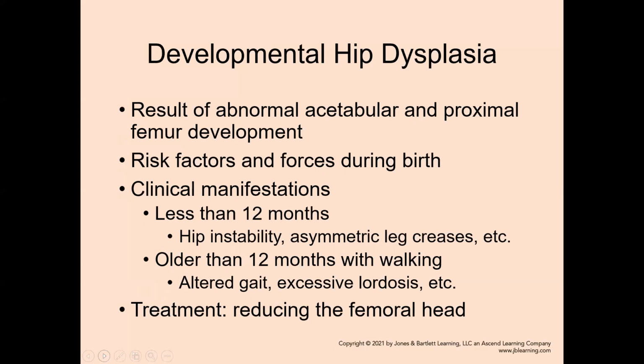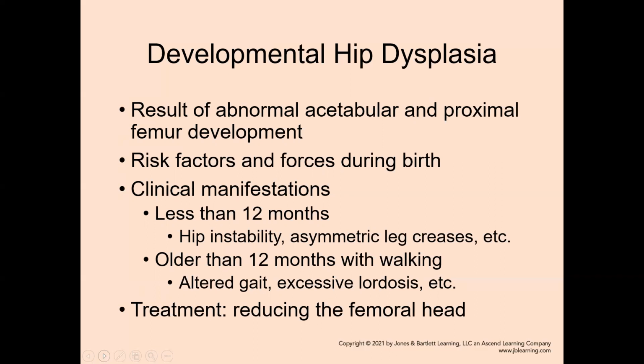Prior to 12 months old, the clinical manifestations include hip instability and asymmetric legs. They may also have limited hip abduction, and note that one femur is shorter than the other. If they're older than 12 months with walking, you may notice that they have an altered gait, as in the one leg is shorter, so they walk with a limp, have excessive lordosis, and they may also have a greater trochanter that is prominent. All these changes happen because there are changes in the shape of the femoral head and